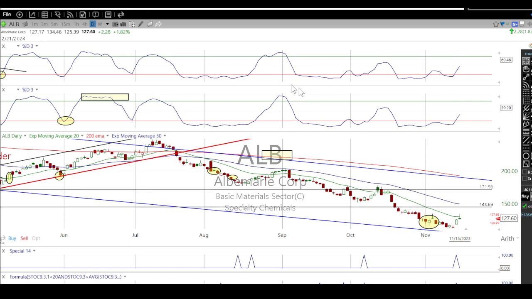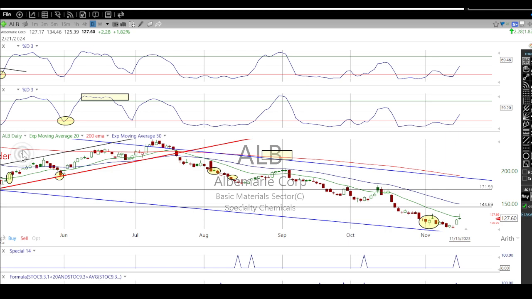ALB had some news last week on the CEO being, I don't know if he was indicted, but he was connected, made some fraudulent activities. But that got hit pretty good, and it's coming back. And I like this ALB. I'm actually holding a little down at this level. We had to deal with the drop there for a second, but it is starting to come back. We'll see if that ends up being any real setup there. My cost average is at 130 on here.